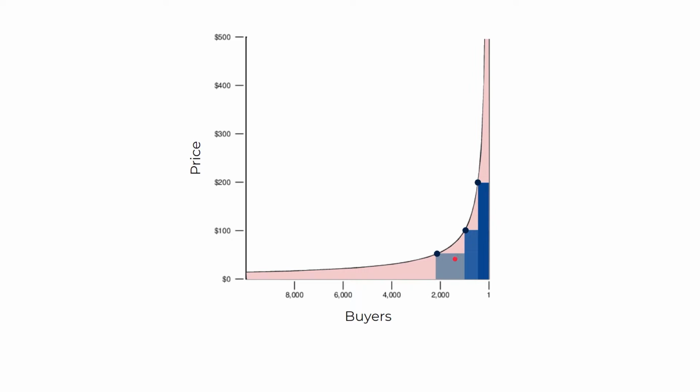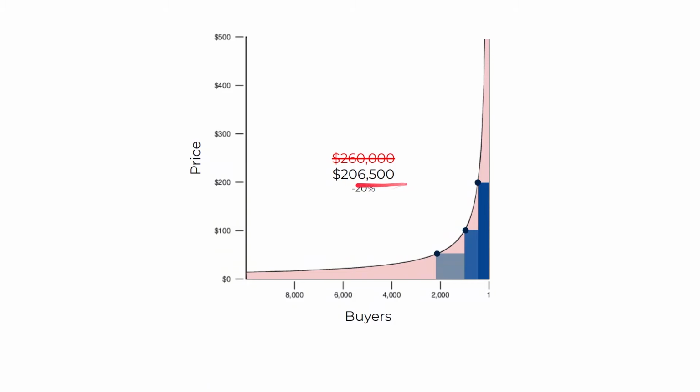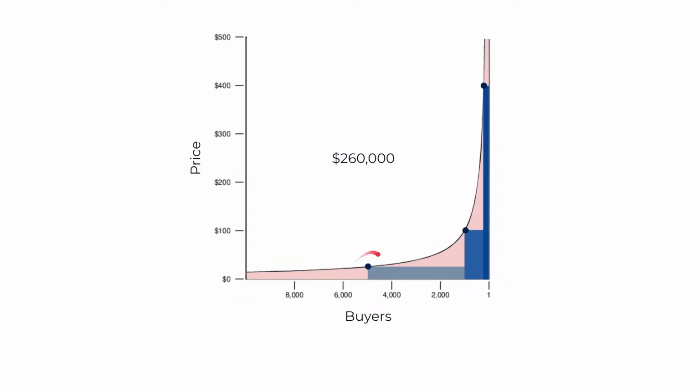They are going to come closer together, and so the part that overlaps is bigger, and then it means that your revenue will go down. Now you're not making 260,000 with 3 price points anymore, you're making 206, and you're leaving 20% on the table. So choosing your 3 price points in a way that each price tier is 4 times higher than the previous one is the optimal pricing strategy.